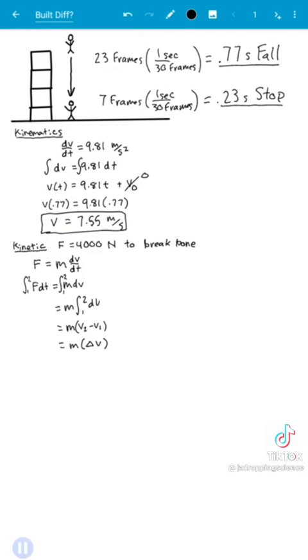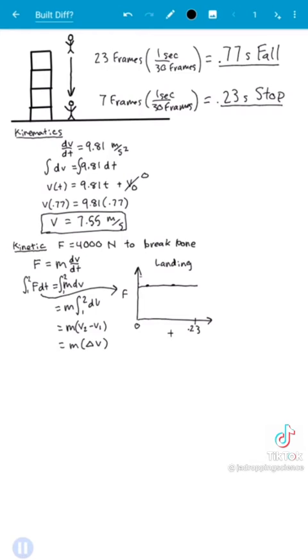The left hand side of this equation isn't quite as obvious. Is the force a function of time? Let's use a force versus time graph as a tool to help us understand this question. So we're looking at the force with respect to time from 0 to 0.23 seconds when he finally stops. So we're asking, during this impact, was the force changing with time? If we had force transducers on him, would it be a large force at the beginning and less later? Or would it be the other way around? Since we don't know, the best thing to do is to assume that he somehow distributed the force evenly over time. And the total area under this curve represents the momentum change. We'll talk about that in a sec.